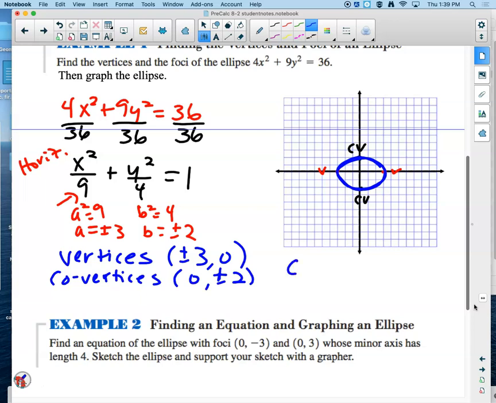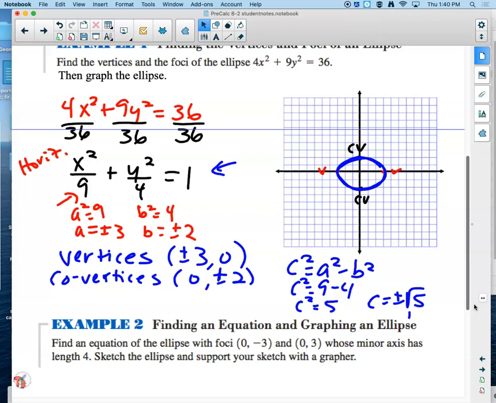And now to find the foci, I need to use c squared equals a squared minus b squared. And I already had a squared and b squared when I started off with the black equation up here. So c squared equals 9 minus 4. C squared equals 5. C will equal plus or minus the square root of 5. And those foci are always on the major axis. So if we were to punch in the square root of 5 on our calculator, we would get plus or minus